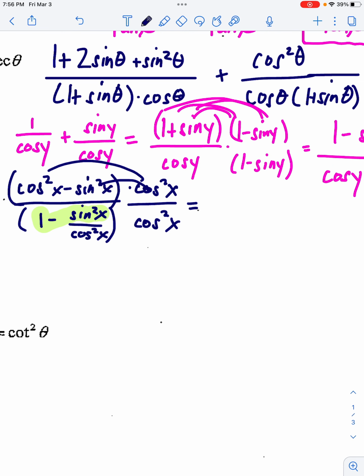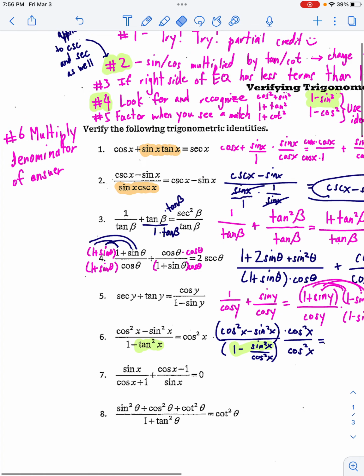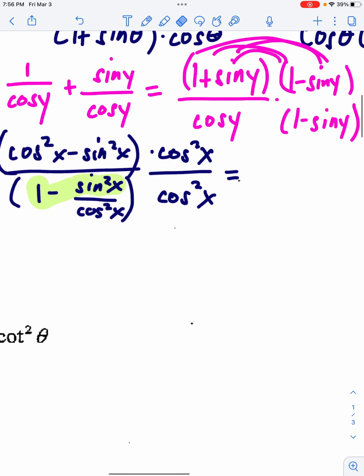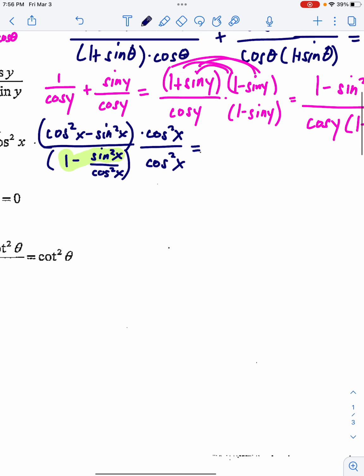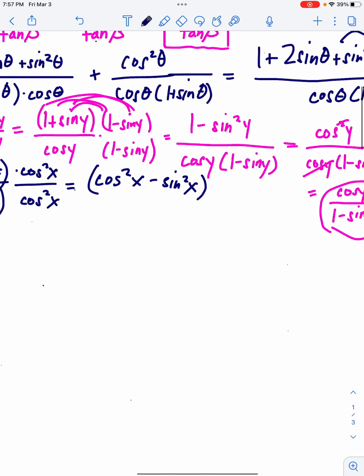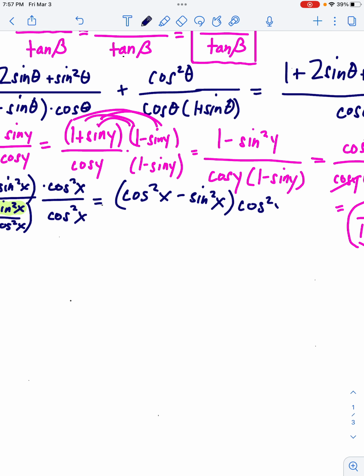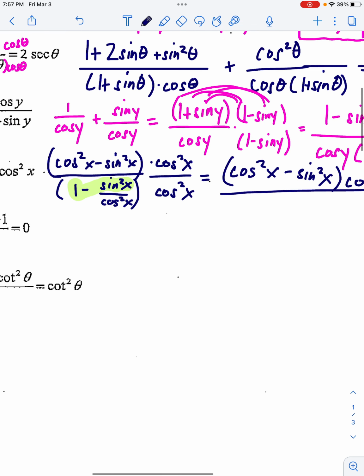So distribute on the top? Do you want to distribute that? No, you don't. Okay, don't distribute on top. Sometimes you don't always want to distribute. So maybe hold off for a sec before you do that. Let's write our next step down. So the top stays like this. And the bottom